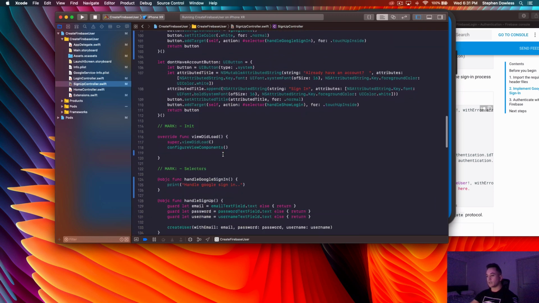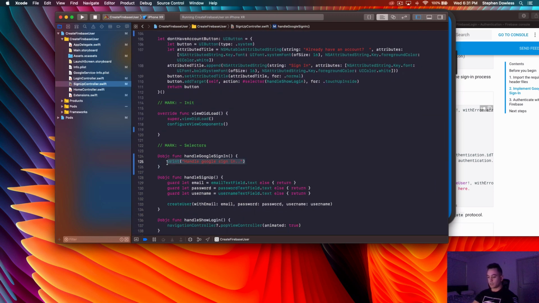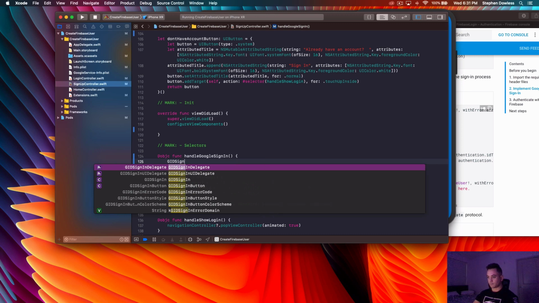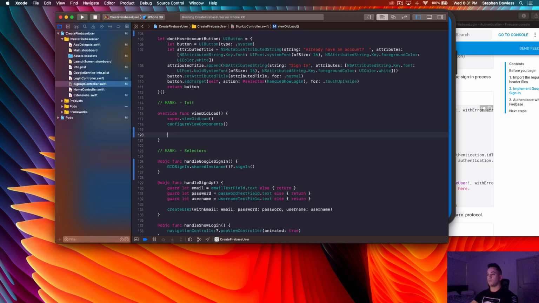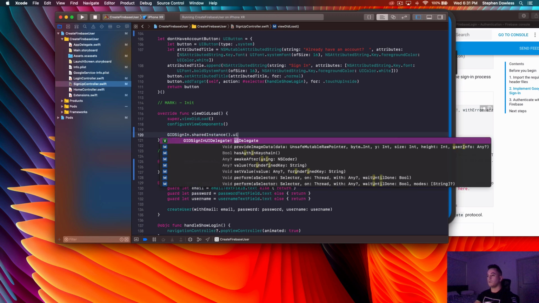And let's go to our action handler. We're just going to say GIDSignIn.sharedInstance.signIn. And here in our viewDidLoad method, and we're going to do this in our viewDidLoad method, not our viewWillAppear method, and I will explain why. We need to set the UI delegate. So we need to say GIDSignIn.sharedInstance.uiDelegate equals